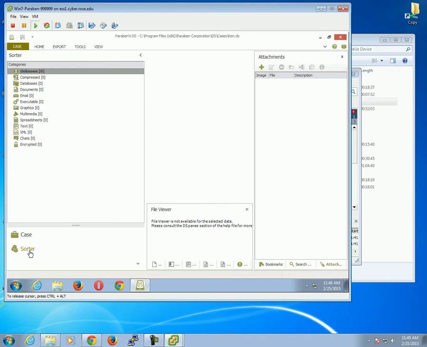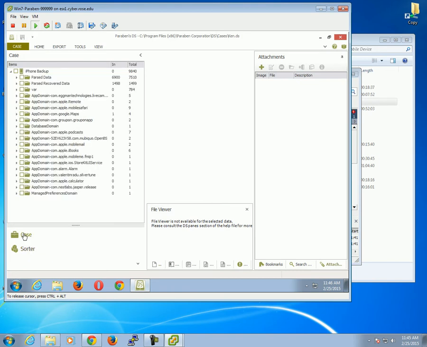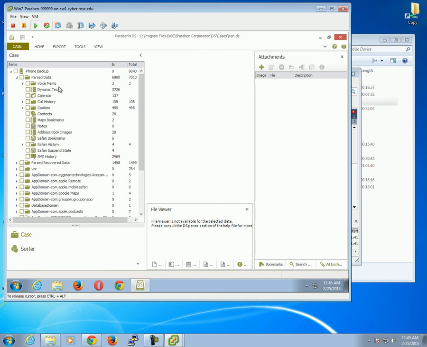Just give it some time here. Come on. We'll give it some hold music. Okay, and you can go back to your case, and you can even look at, like, under parse data, you'll actually see it already got some of that stuff for us. So really Sorter's doing this parse data for us. You can go in here to